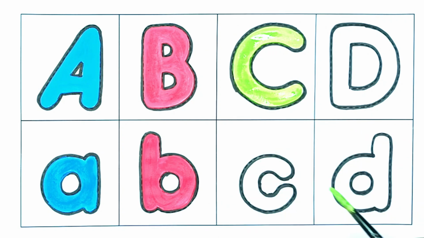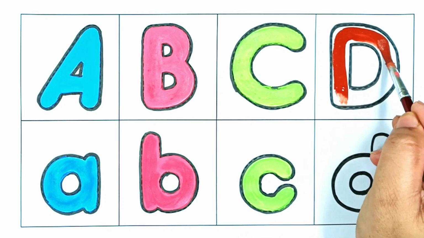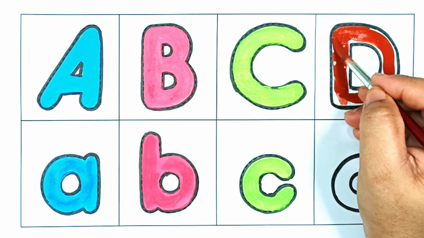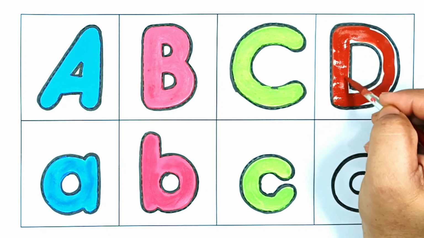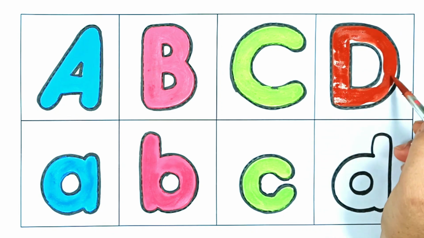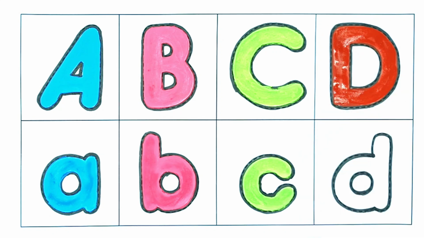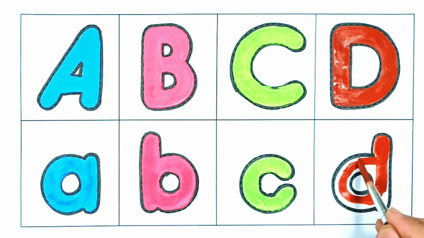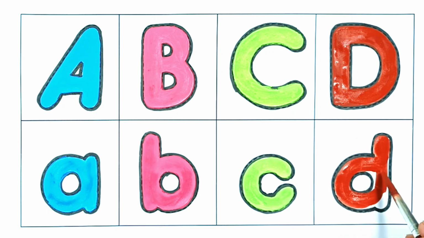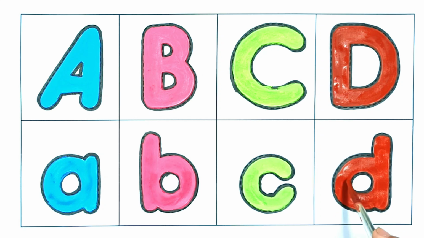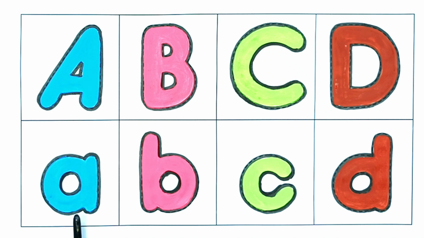C for cat. C for cat. D for doll. A, A, B, B, C, C,